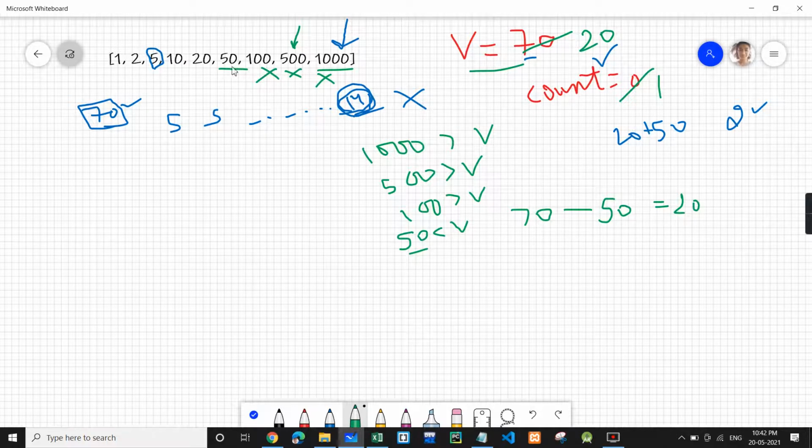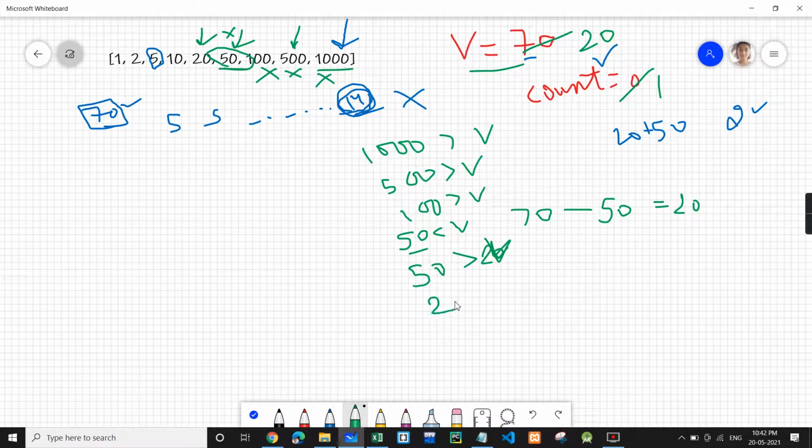Now we will again check for this denomination, because we can take as many coins of 50 as we want. Now 50 is greater than 20, which is V. So this is again of no use to us. Now we come over to 20.